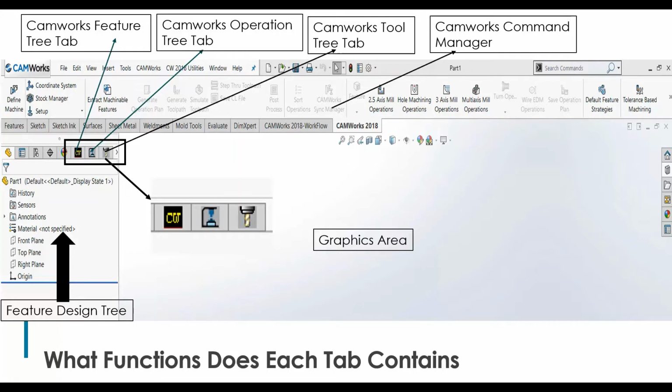Moving further, there is a third tree, called the CamWorks tool tree. What does this tool tree contain? Apart from all the tools that are present in the CamWorks library, it holds the tools you possess, that means the tools that are available in your company. Say I have end mills, then I have 5 types of end mills, starting from 2 mm, 4 mm, 6 mm, 8 mm, 10 mm.